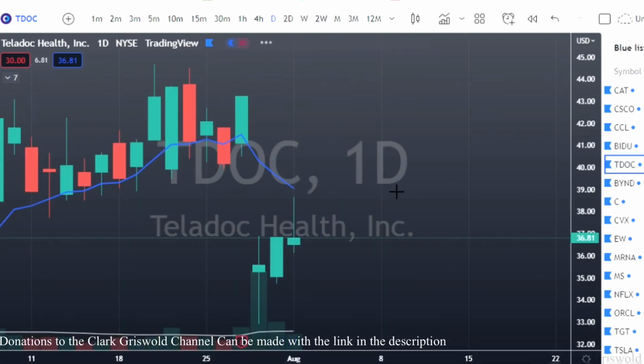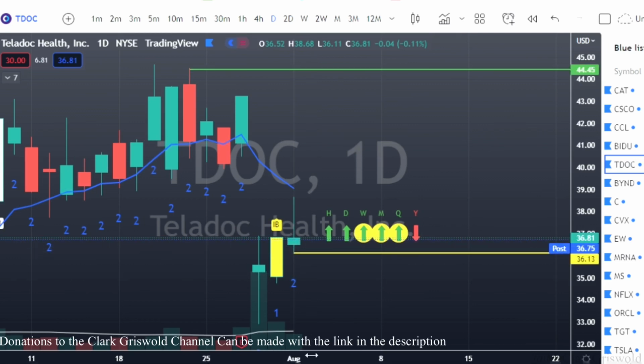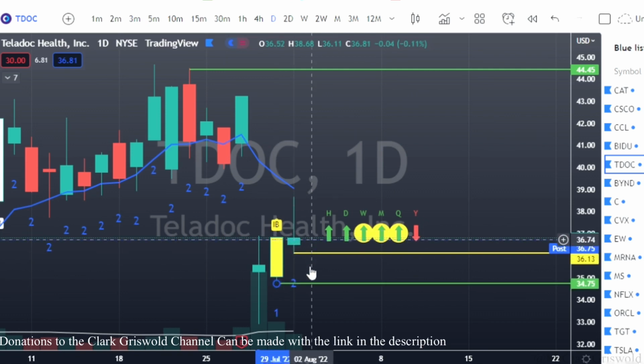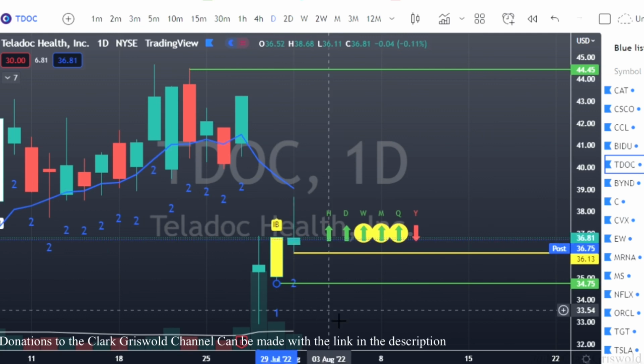TDOC, that's Teladoc Health. 1-2 up reversal. Okay? And this is what I was talking about. Normally, I would want this to be red. I don't really care. I wish I remembered who it was on Twitter who said that. But like I said, I want to dive into this a little more. I want to see where these things end up. So 1-2 up, 2 down reversal we're looking for. And this is an actionable signal. It is a strat setup. It's a 1-2-2 rev strat is what it's called. Okay, inside bar, 2 up, 2 down is what we're looking for.